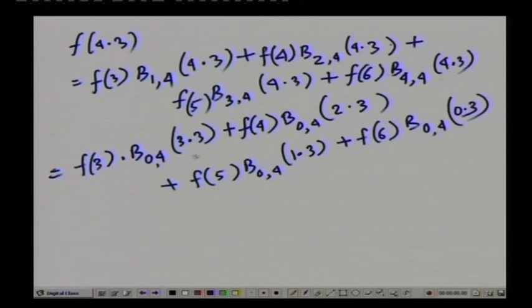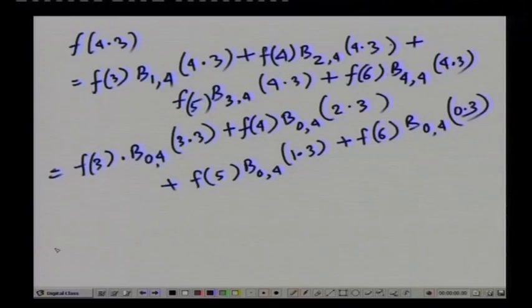Now, you can compute the values of B 0 4 3.3, you can compute the values of B 0 4 2.3, you can compute the value of B 0 5 1.3, and you can also compute the value of B 0 4 0.3 using the approximate analytical formula of B 0 4 t that you have been given, and you have seen that this is nothing but a cubic formula of variable t. So, if I do this, using the sample values, this B 0 4 3.3 gets a value of